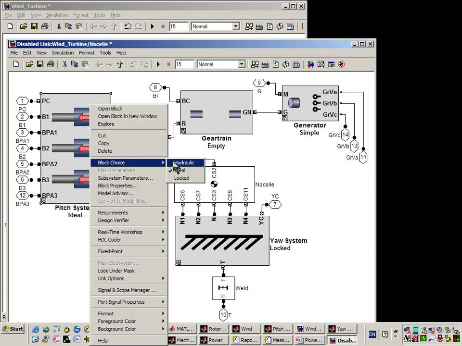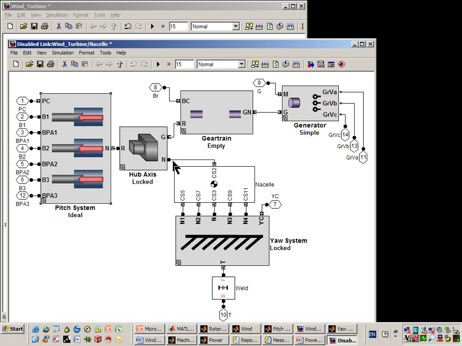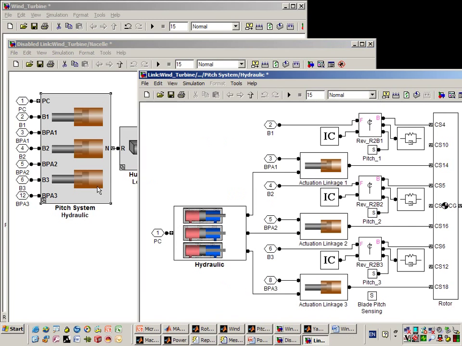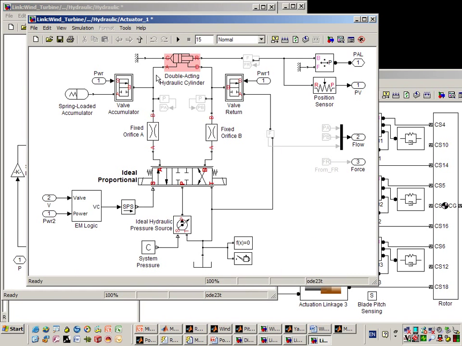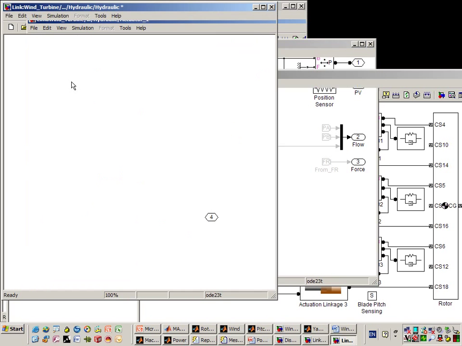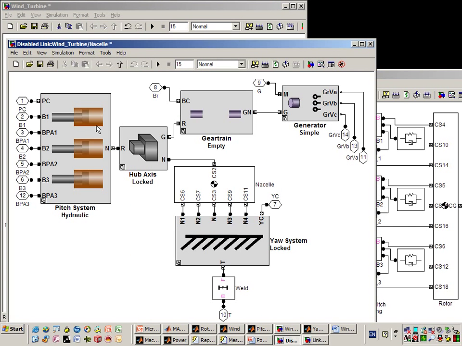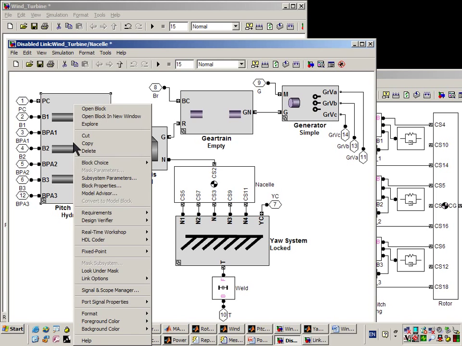Now what we'll do is include a hydraulic actuator. So this is a more detailed design of the hydraulic system. The actuation system for a hydraulic actuator, as you would expect, includes things like hydraulic cylinders, valves, orifices, accumulators, and so on. We can now use this more detailed model of the actuator to test system performance. Once we're happy with how this actuation system performs, we can then